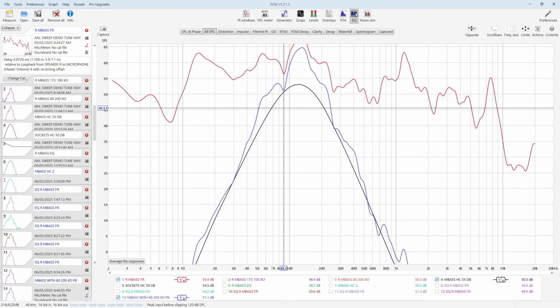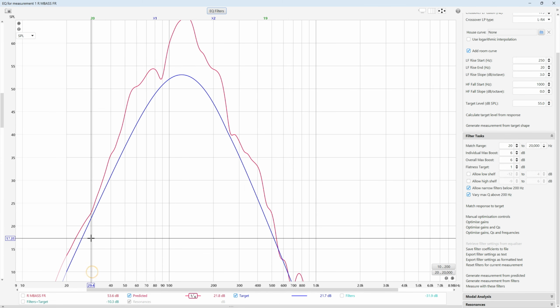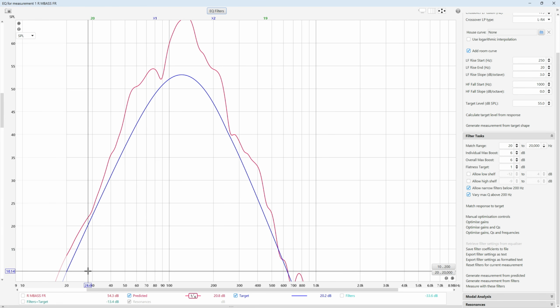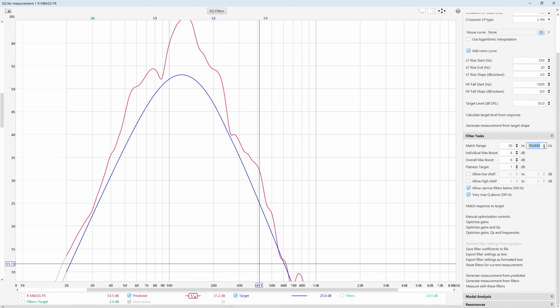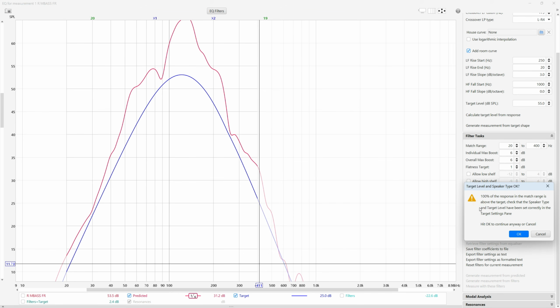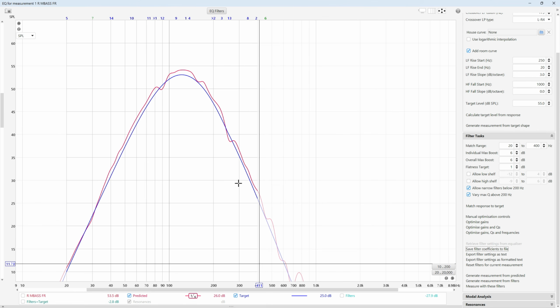So now I'll go back into EQ and I'll set my range, because I don't want to EQ way over here. I want to EQ between maybe 20 or 30 through to 400 or 500. So let's chuck in 20 to 400 and 6 maximum boost, flatness target of 1, all of that stuff. I think we're ready to go. So we'll hit match response to target, ignore this pop-up. You always get messages like that, so you just ignore them. And here we go. It has given us a pretty good